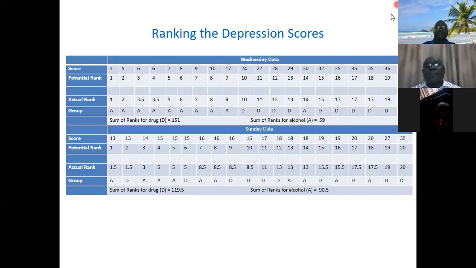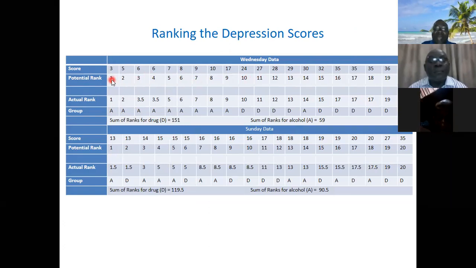Look at it now. Look at the Wednesday. You know, they are separate variables, Wednesday and Sunday. But if you look at it now, they are 10-10 for drug and alcohol. I've arranged them horizontally. Can you see? So now, if you look at it, we rank them, we arrange them in ascending